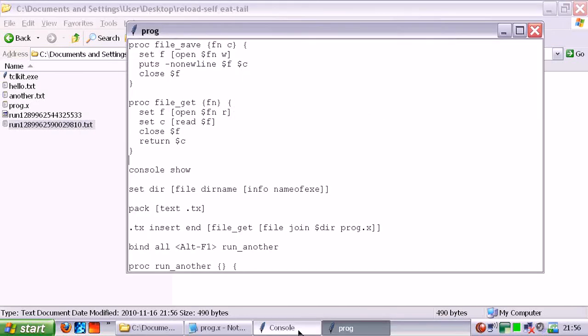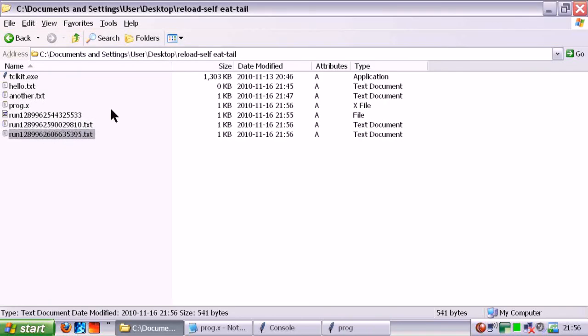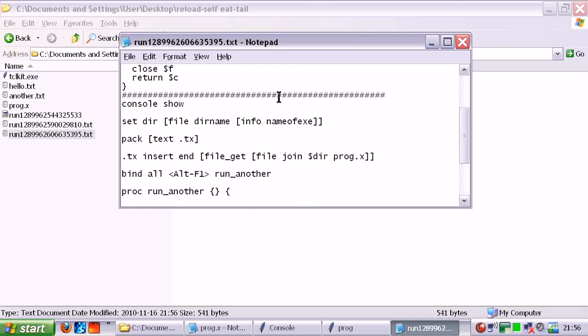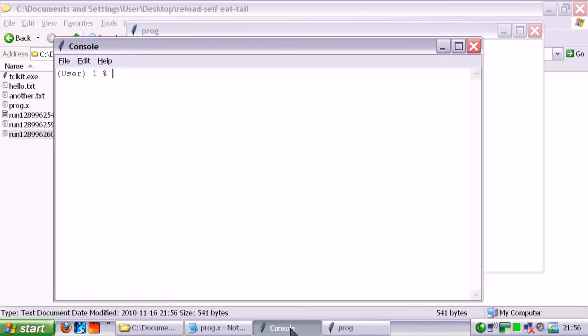But let's see if it's really saving the contents. So let's put over here a big line. And now let's press Alt F1. New file appears. Look at it. Oh my God, there's another line there. This is fantastic. All right, now let's do even better than that now. Let's close